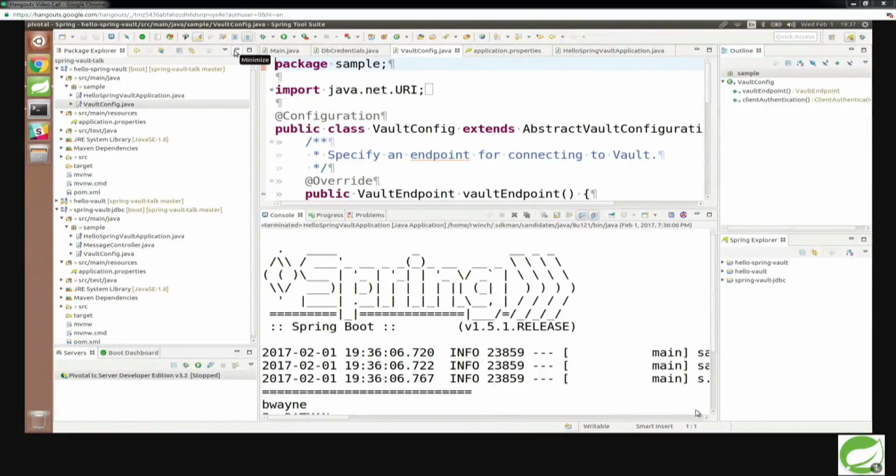Vault property sources, yeah. So the other thing that we're going to do too is you'll notice the username password makes a lot of sense in a particular context, because within the secret/Spring Hello Spring Vault, that's what it was.